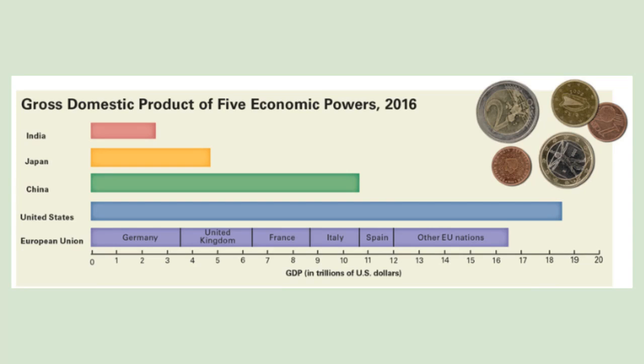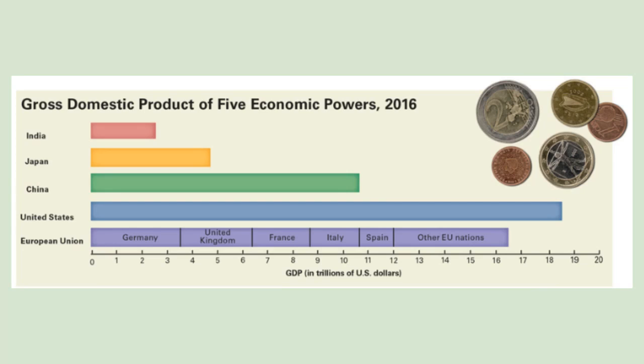It's a little bit old, but going across the x-axis at the bottom, this is GDP, your gross domestic product, how much trading power your country has and its worth, in trillions of US dollars. You can see India has close to 3 trillion in GDP economic power. Japan has close to 5 trillion. The United States has 18.5 trillion. China has 11 trillion.